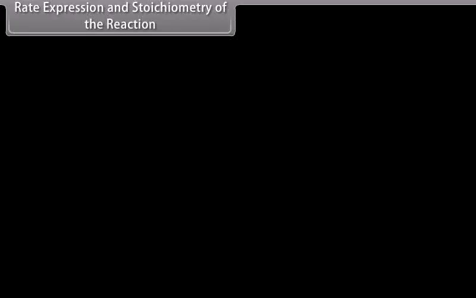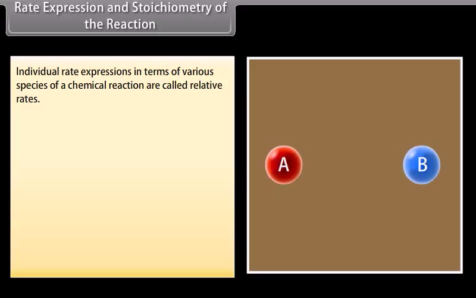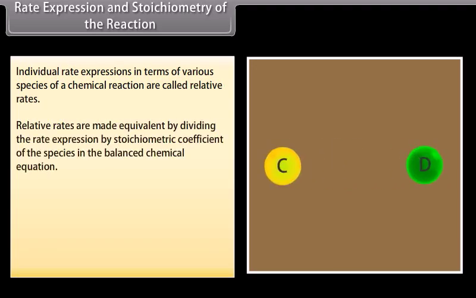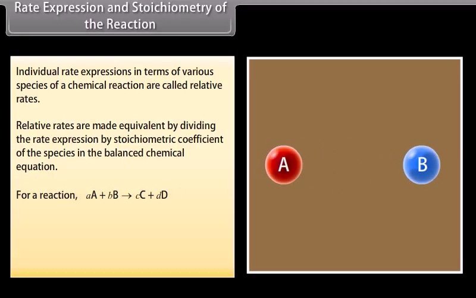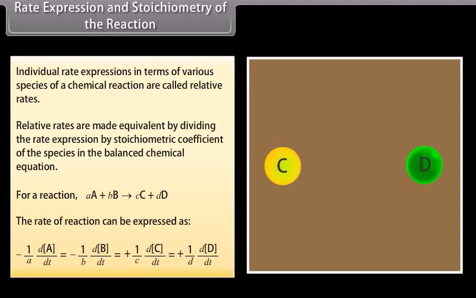Rate expression and stoichiometry of the reaction. Individual rate expressions in terms of various species of a chemical reaction are called relative rates. Relative rates are made equivalent by dividing the rate expression by the stoichiometric coefficient of the species in the balanced chemical equation. For a reaction aA + bB gives cC + dD, the rate of a reaction can be expressed as